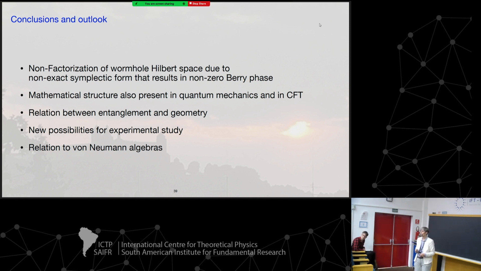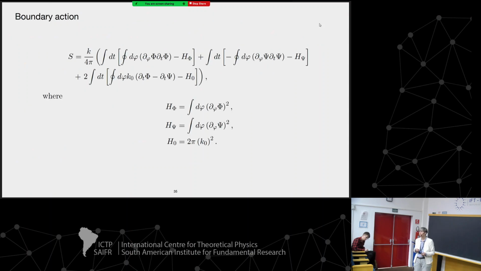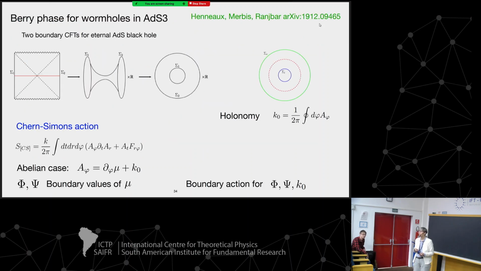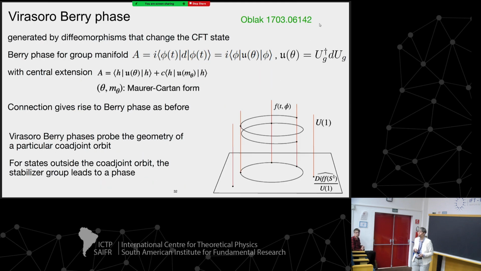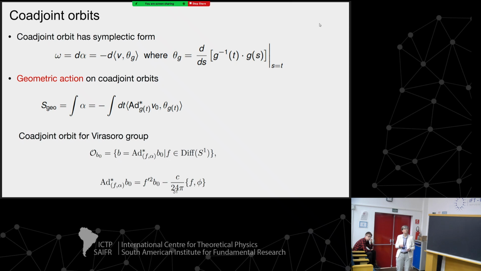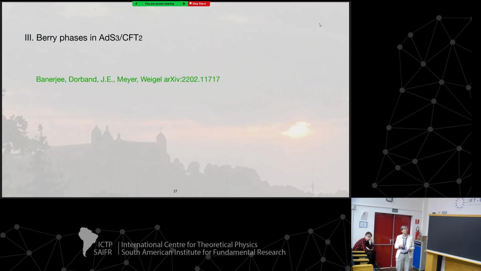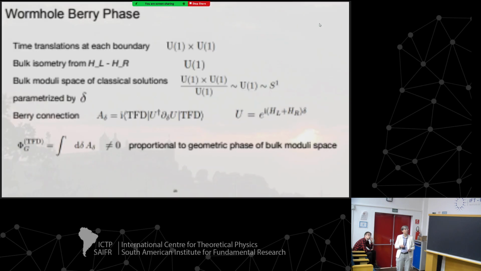So I have two questions. Both questions are related to the fact that vanishing of the Berry phase leads to the existence of a trace. In the quantum mechanical example, I got a feeling that you wrote down the trace in terms of some states, and then you showed that the definition in terms of those states is proportional to the Berry phase. But somehow you could have a definition of trace which is not in terms of inner product of states or something like that, right? Maybe I missed something there?